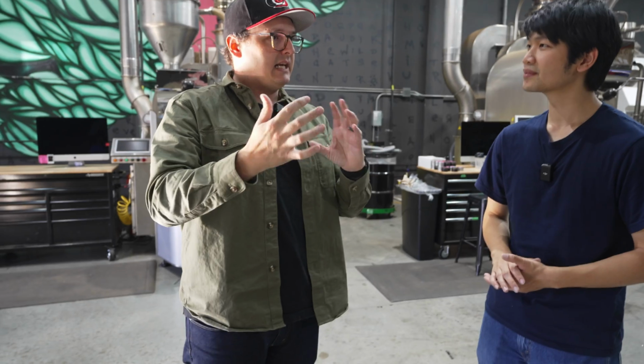So we're kind of this yin and yang, back and forth kind of force, which when it's working really well, it's amazing. But as with everything, it's a relationship, it's a give and take. So the yin and yang of the company is Lim and I's relationship as well. We see things differently, we have different life experiences, we are different people. But when we can work together, it makes something really special. And that kind of goes into coffee stuff, it goes into whatever it may be. And so the joke is that